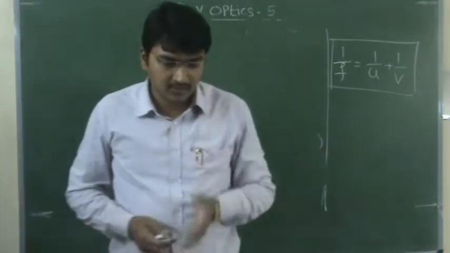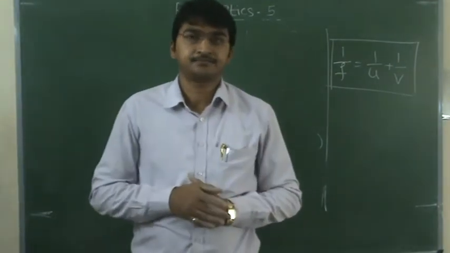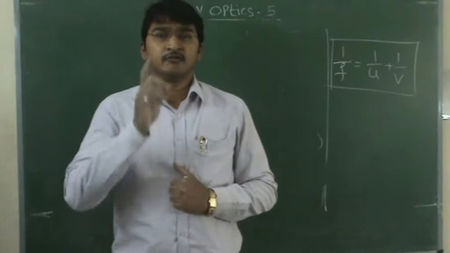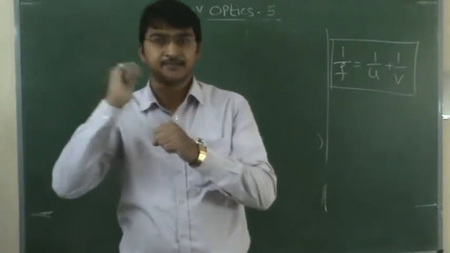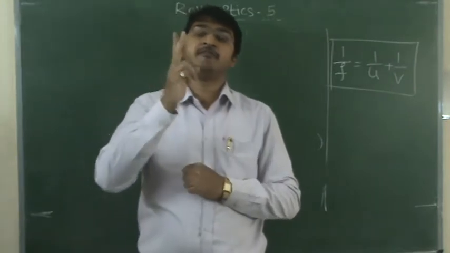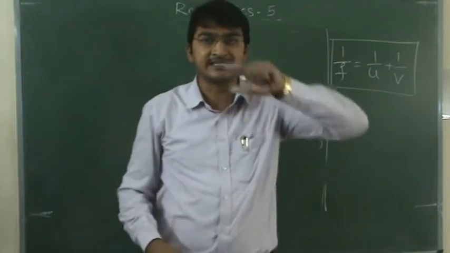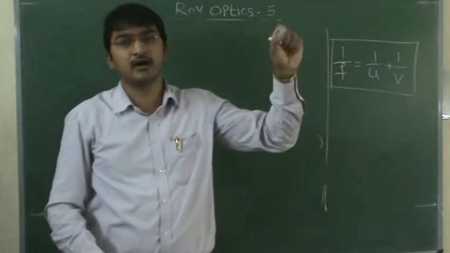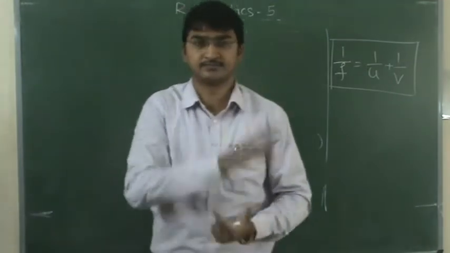Once again, if you take the printout of the notes, just see what parts we are covering in this. First we draw the diagram. In the diagram, we assume an object AB which is placed beyond C. We take two rays. One ray is parallel to the principal axis, incident at a point M of the mirror and reflected back through the F. That is the first ray.